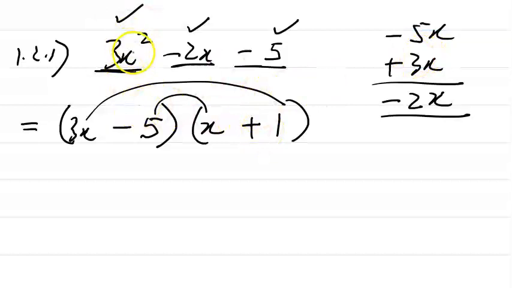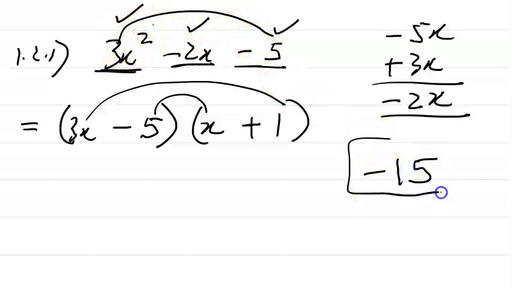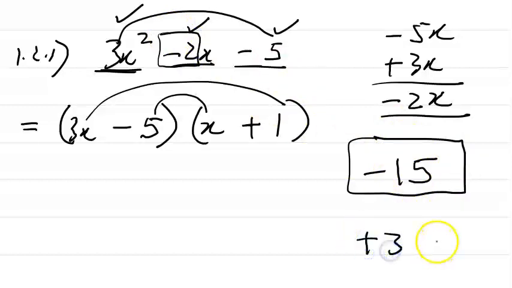Another technique that you can use is if we multiply our first and our last term. 3 times minus 5 is minus 15. Then I look for two factors of 15. When I multiply, I'm going to get minus 15. But when I add, I must get negative 2. So that will be plus 3 and minus 5. Plus 3 and minus 5 added together gives me minus 2. Then